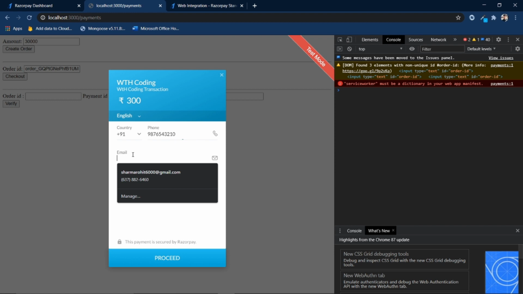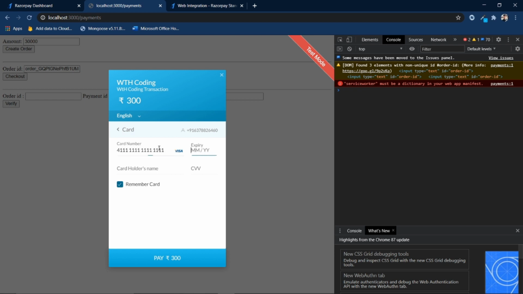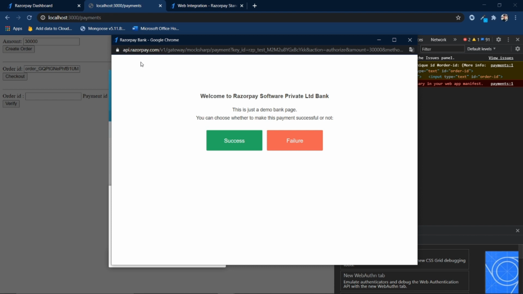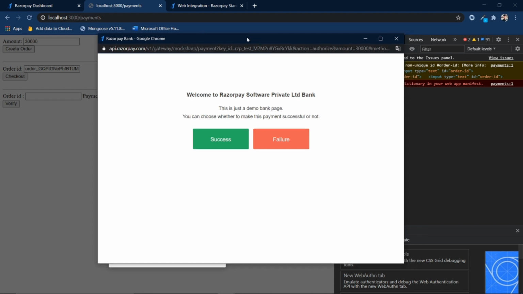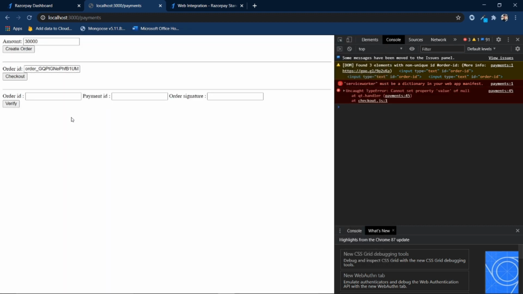Your thing is safe with this. You can put it in the actual email if you want. Do a card payment, put in card number, anything you want, 4111, because this is in test mode, it doesn't matter. CVV 123, pay rupees 300. So it will load a test mode page right here. It's a demo page. Click on success, and now these three fields need to be filled, but